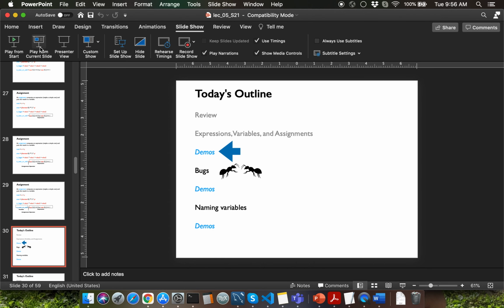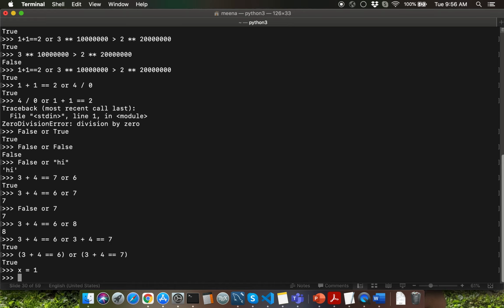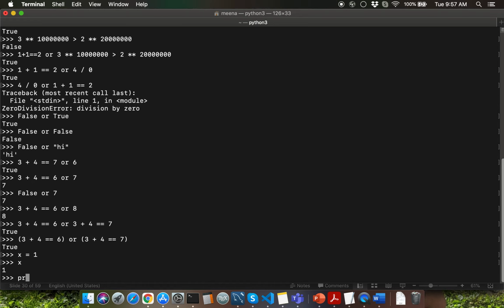So let's go through a set of demos to understand how variables work in Python. I'm going to go back to my interactive mode and I'm going to type a variable x. Let me assign a value 1 to it. So that's how you perform assignment into a variable. So I can simply say x equal to 1. After that, I'll be able to display x, or I can print x by saying print open parenthesis x close